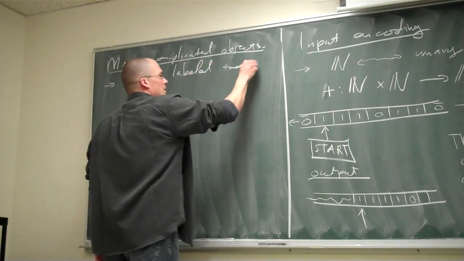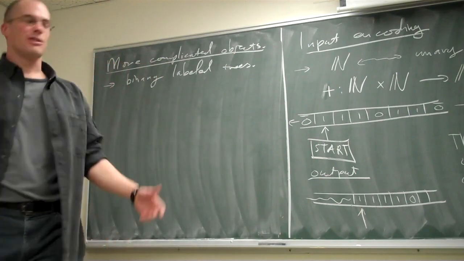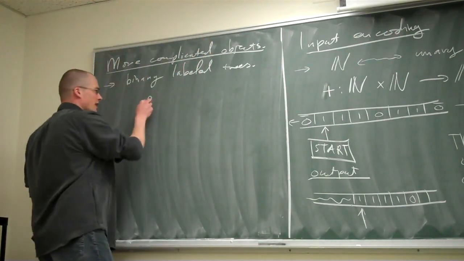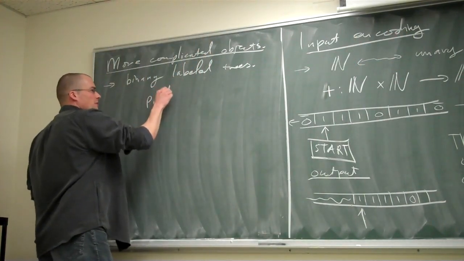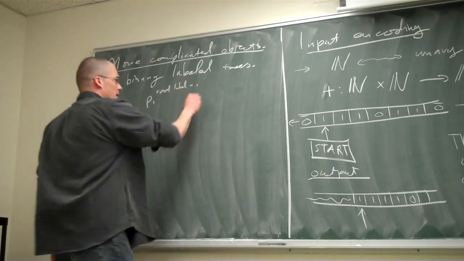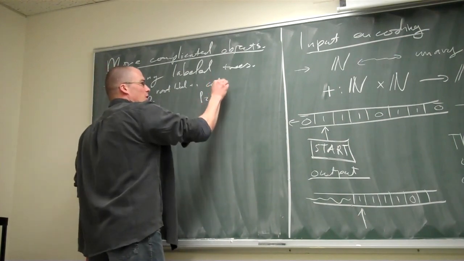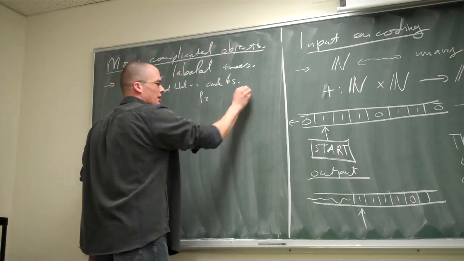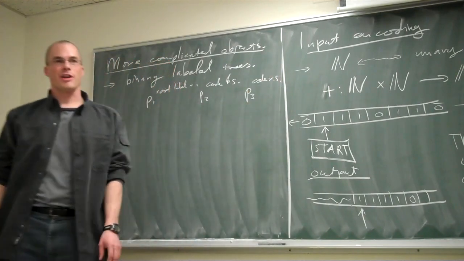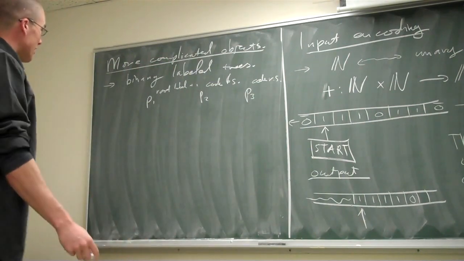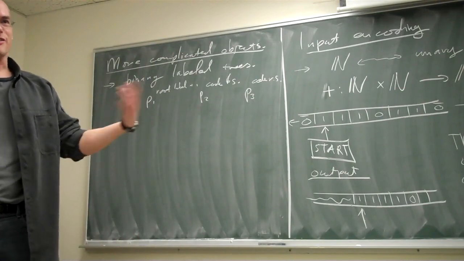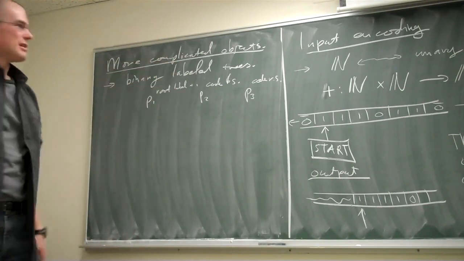labeled trees. As long as the labels are natural numbers, then you can think of something like, well, look at this prime encoding, and then you can do something like P1 to the power root label, or plus 1 maybe, P2 to the power encode left subtree, P3 to the power code right subtree, and then you have a really nice encoding for binary trees. That's not one we care about a lot, but last lecture I mentioned graphs and stuff like that, and so you can imagine how to do that.